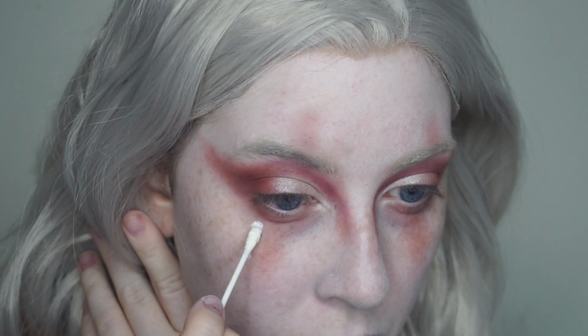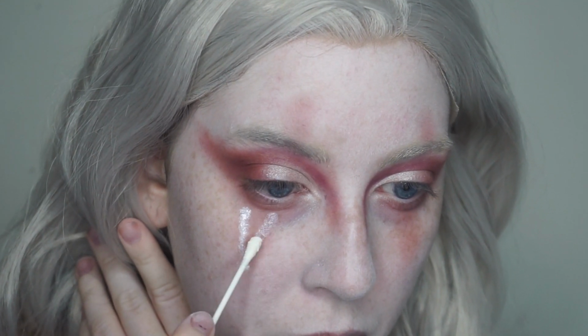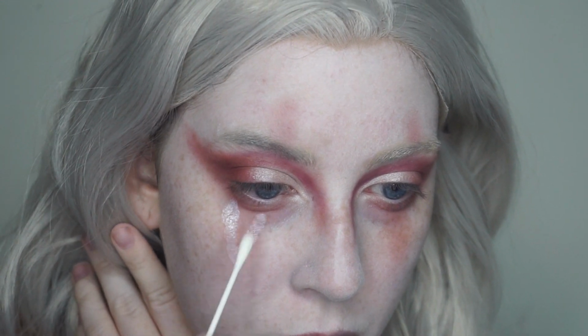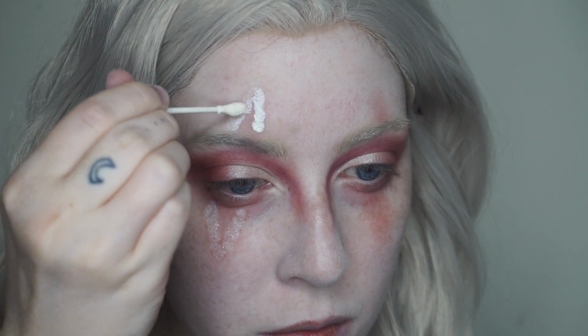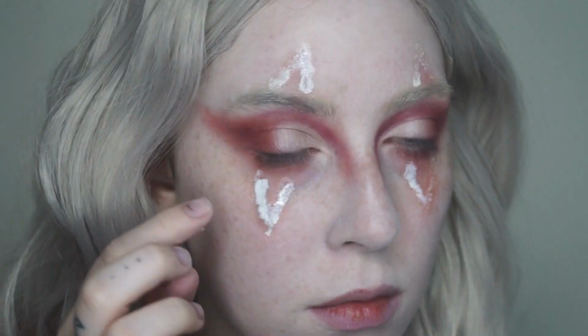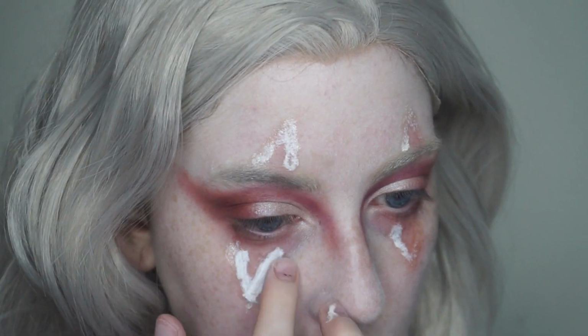For the triangle cuts around my eyes, I'm going in with liquid latex on a Q-tip and laying that down in the shape that I want the cuts to be. Laying down the eyeshadow first makes this a lot easier because I already have a general idea of the shape that I want. So once that first layer of liquid latex is dry, I laid down a second layer,